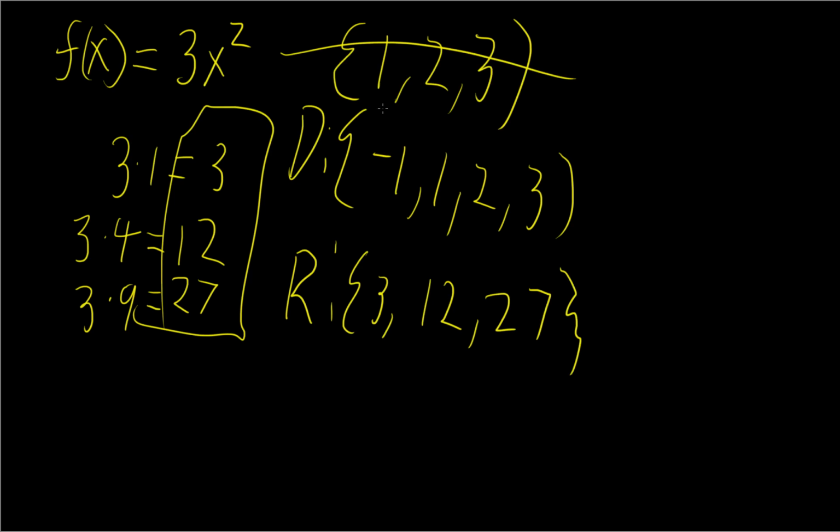Even though I picked two different values here, I picked negative 1 and 1, they both spit out 3, there's only 3 values in my range. If this were continuous, this could be any number of things, any value I could plug in, all real numbers say. Then my range would be any number that this could be. Well, if I pick negative 1,000,000, I can get negative 1,000,000 squared times 3. I can pick anything, but the interesting fact of this equation is if my domain